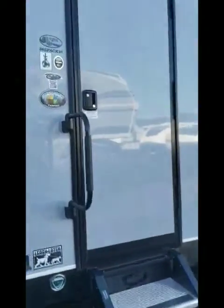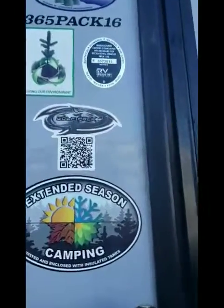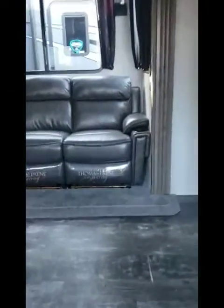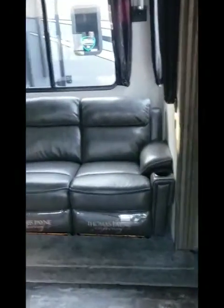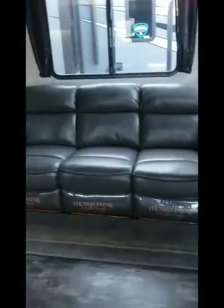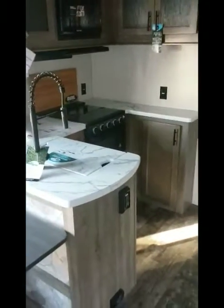Check out the inside. Very modern, updated design. You notice a big sofa right up front. Entertainment center, control panels. Dinette area, nice big kitchen,